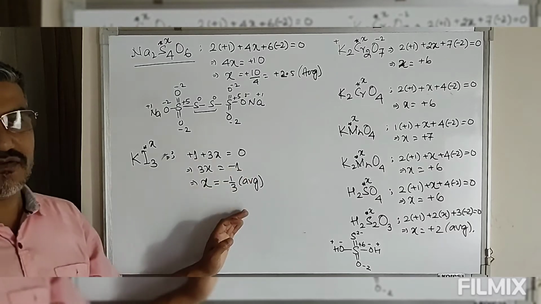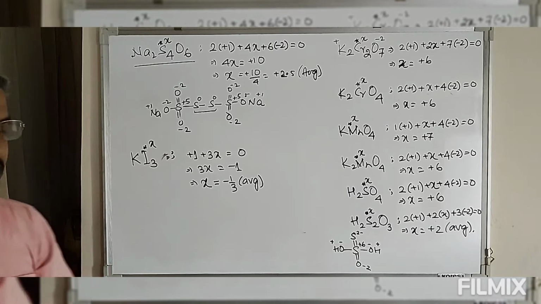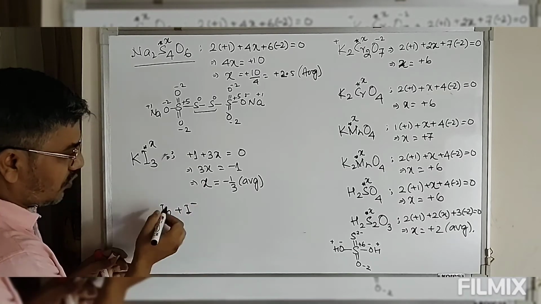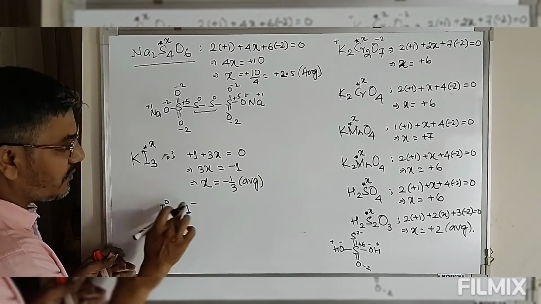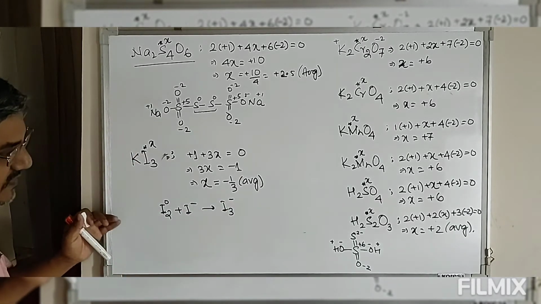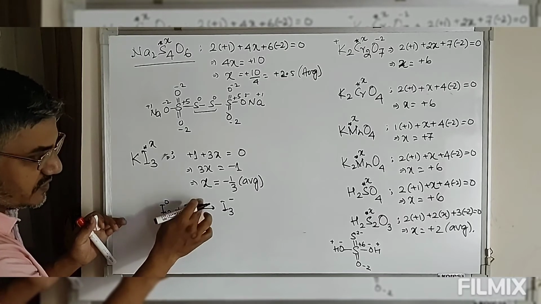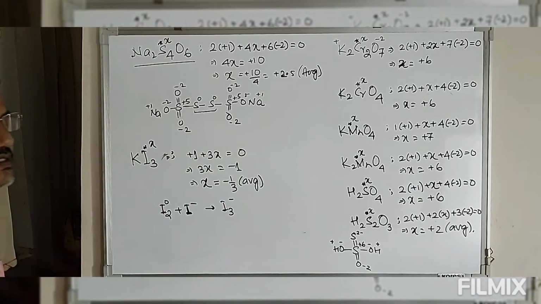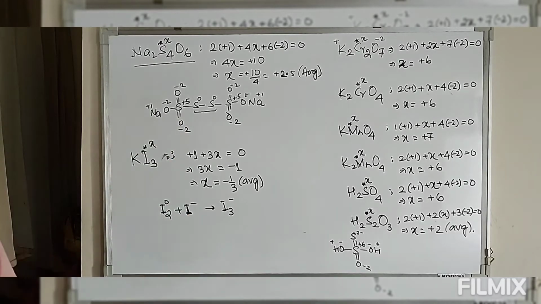Again, this comes out to be some fractional value. Oxidation state cannot be fractional. If this comes out to be fractional, this is nothing but the average oxidation state. So what is happening is, we have I2 plus I minus. So I2 is the elemental state, so we have 0 oxidation state. So I2 combines with I minus, and this gives you I3 minus. So now look at this, both of these 2 iodines are in 0 oxidation state, 1 iodine is in minus 1 oxidation state. So the summation of the oxidation state of 3 iodines is minus 1, so the average comes out to be minus 1 by 3. So this is how we define the average oxidation state.